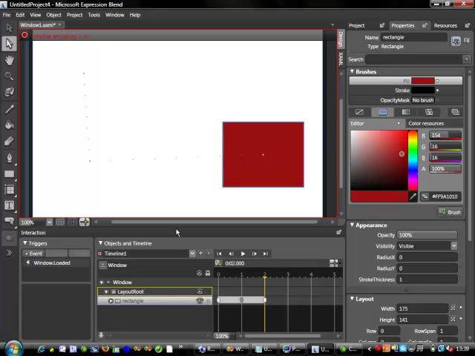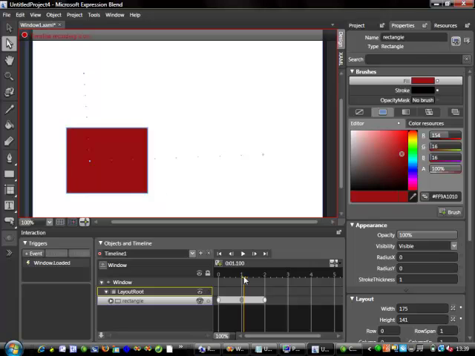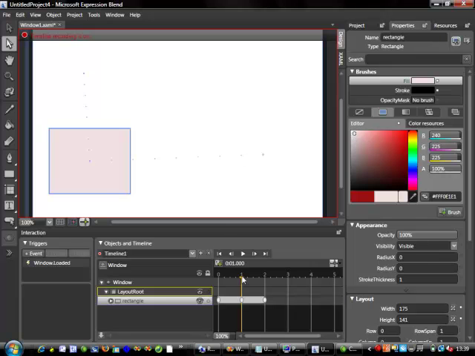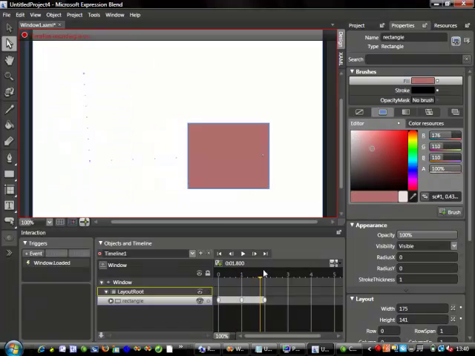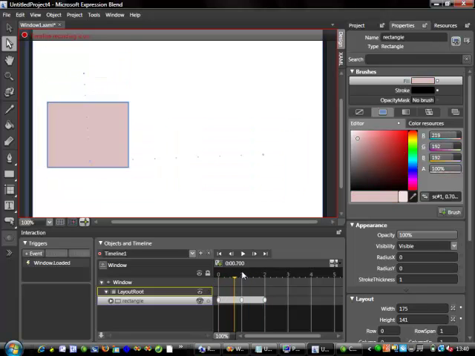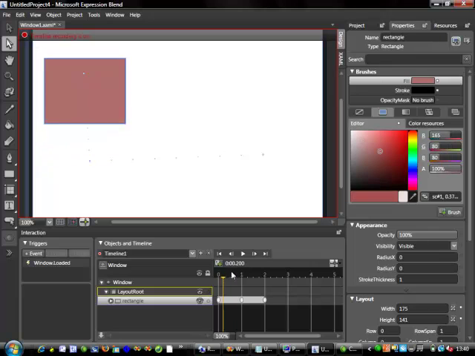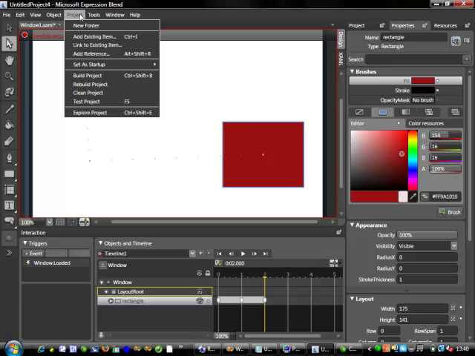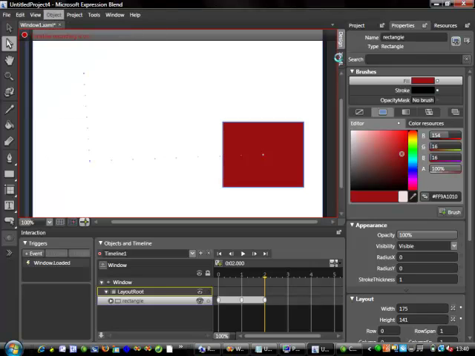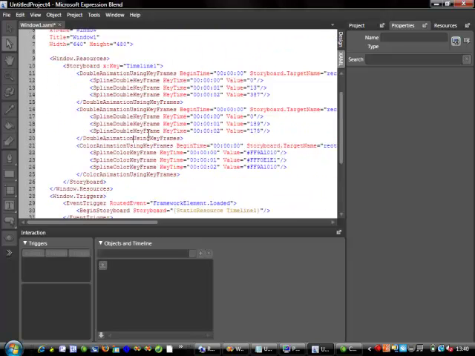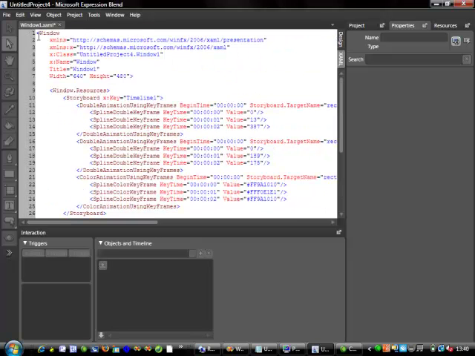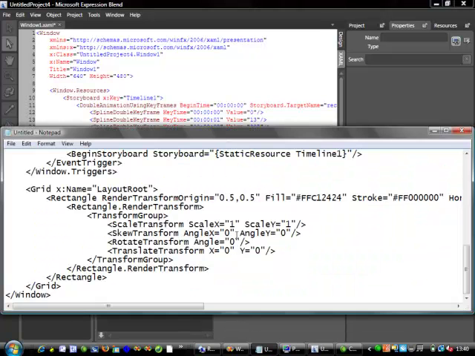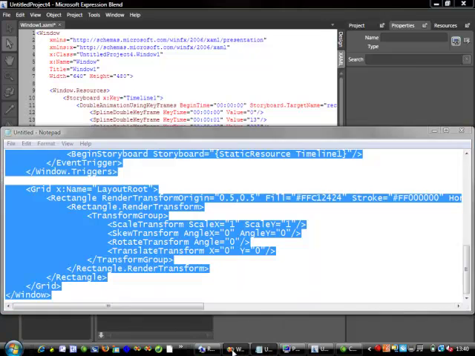So let's say we want to change the color of the rectangle as it goes. So let's say we make it grey. So now when we play the movie, you can see that the rectangle moves and changes colour. So this will take us 1 second to here, and then 2 seconds to here, and we can play that back, and then we can view our XAML here, and all we really need to do is to copy this code into our Visual Studio window, and everything should be fine. So we go back here,